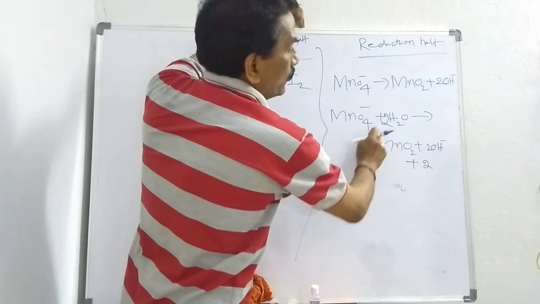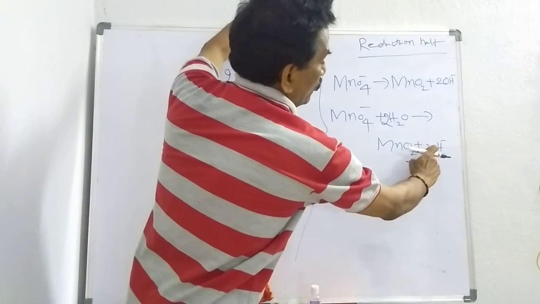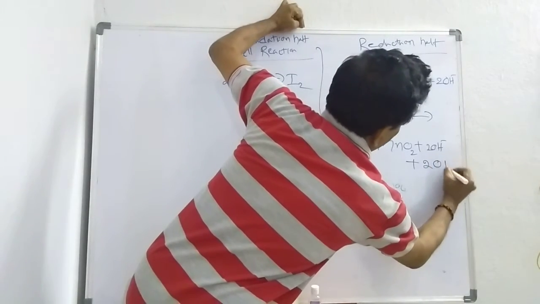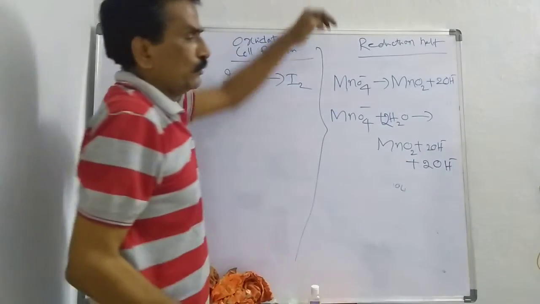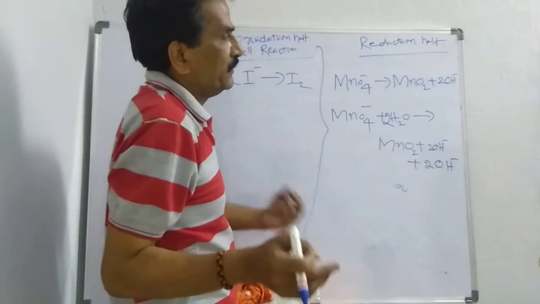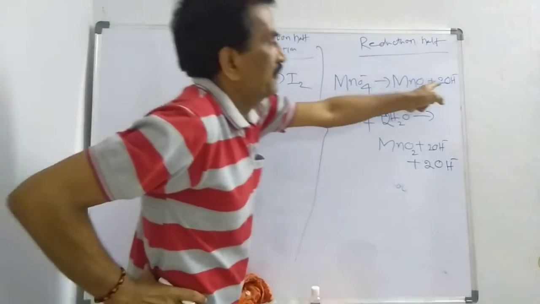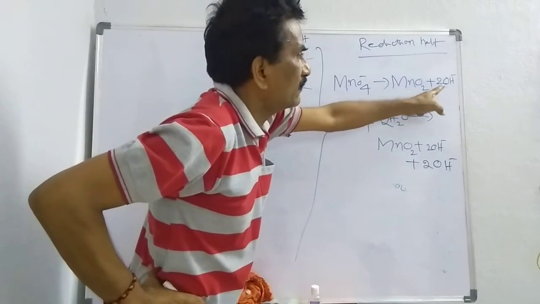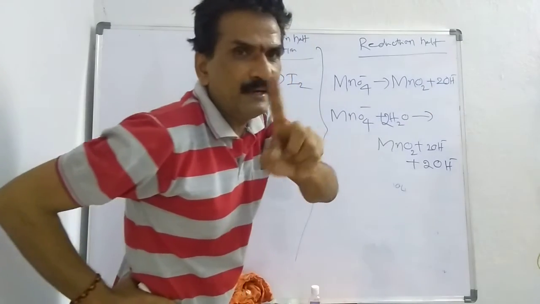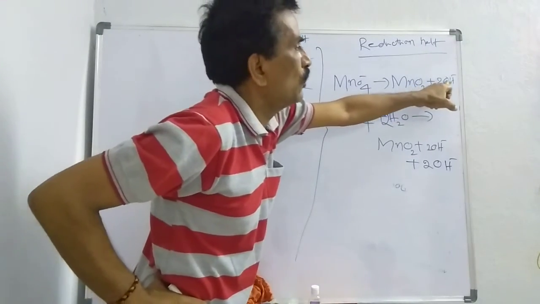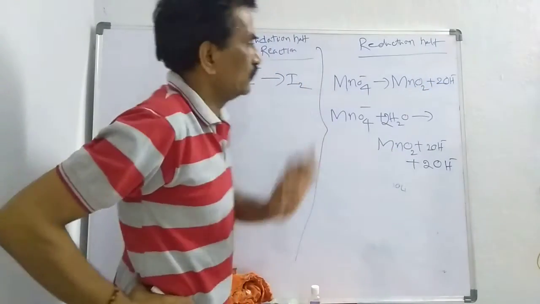2 into 2, 4. Here 2, for which we have to add 2 OH minus. Understand? Let me repeat once again. Hydrogens are needed, oxygens are needed. If oxygens are less, we have added OH minus. 2 oxygens are less, we have added 2 OH minus. Okay. Next,